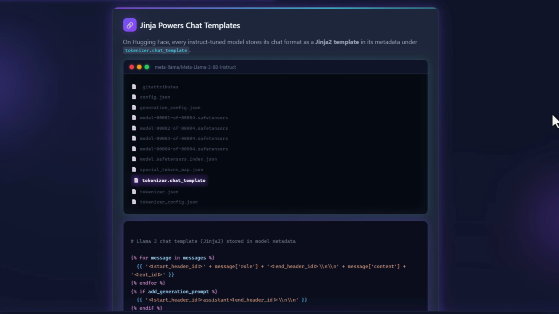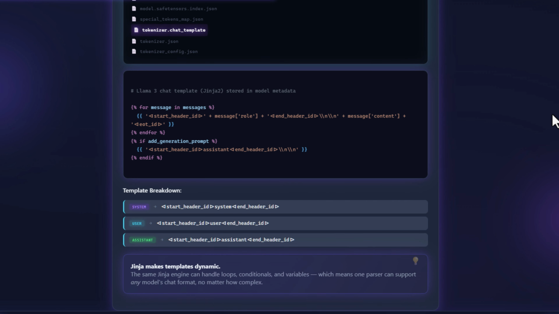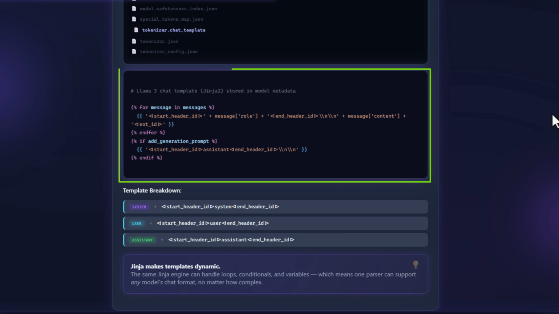You can see the special file that you will find with other files called tokenizer.chat_template. So this is actually the Jinja2 stored in the model metadata. Okay, so we have our system role delimited by this marker start header id. We have the user role delimited by this marker start header id also. Okay,